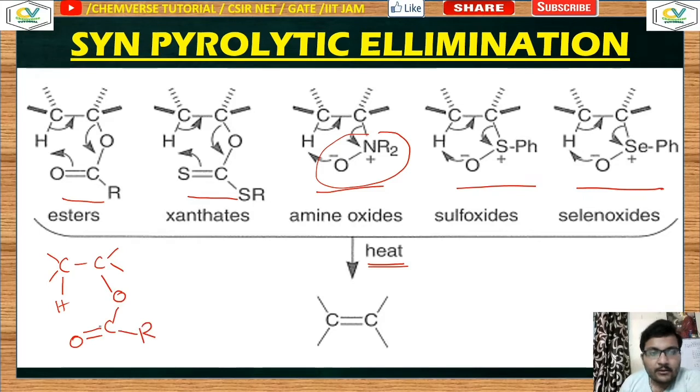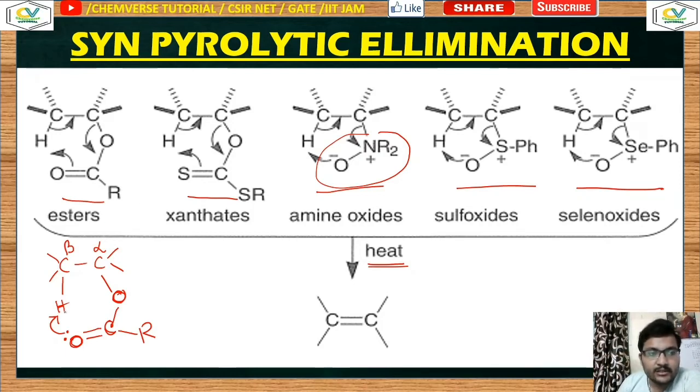Now, what actually happens if I draw it step by step: between this carbon and oxygen, this oxygen is more electronegative and it will abstract one hydrogen. The hydrogen is from the beta position with respect to this ester group. This is your ester group; with respect to it, this is the alpha carbon and this is the beta carbon. That means it will abstract the proton from its adjacent carbon atom. Clear? So the ester group is attached to some carbon atom, and its adjacent carbon atom has some extractable hydrogen, and that is extracted.